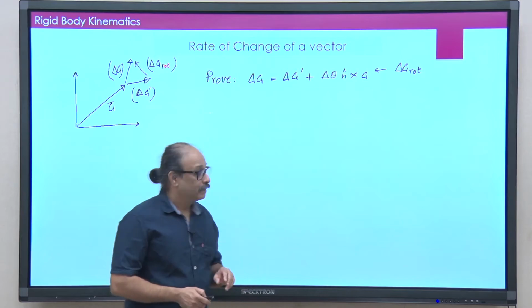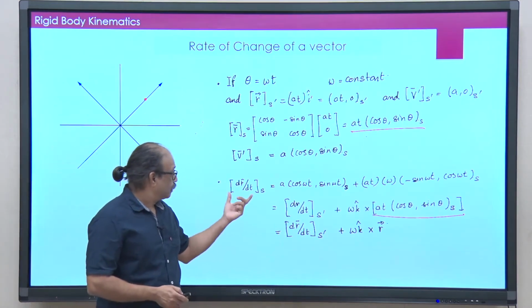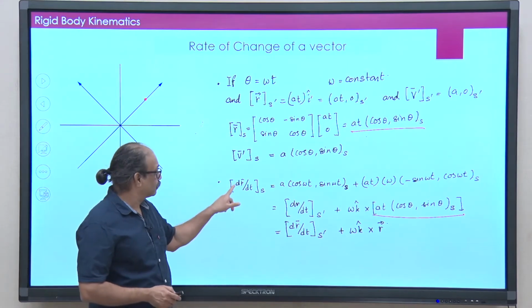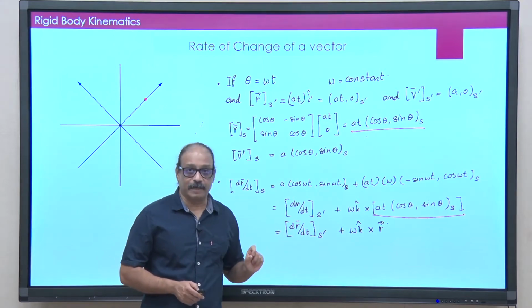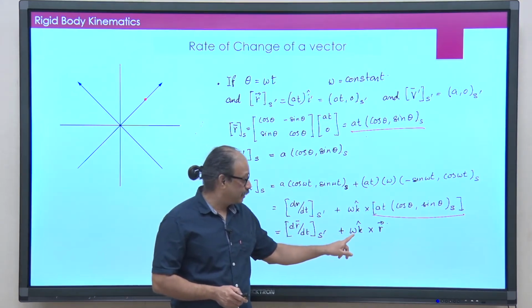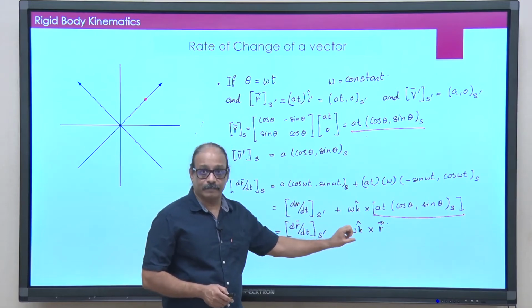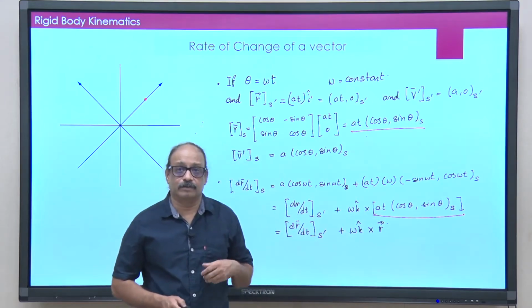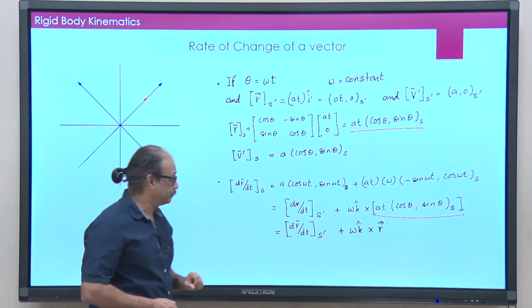If I go back, that is exactly the same equation as this one here. So, if I take out the dr, then of course, this will be dr, this will be dr in S prime, and then omega dt will be delta theta into k cap. This is basically the change coming because of the rotation of frames part.